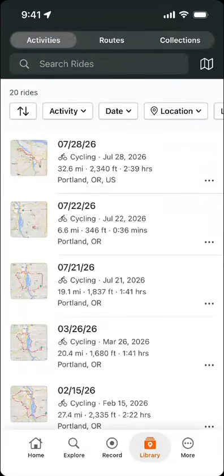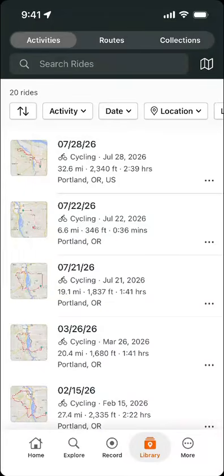And now I'd like to talk about what's held in each one of these tabs and the properties available with each of them. So activities. Activities are a record of what you did and where you went. Whether you're heading out and hitting that record button at the bottom middle of the screen or navigating a route, at the end of that session, once you finish and save it, it's going to appear under your activities tab so you can access it later on and take a look at your activity,